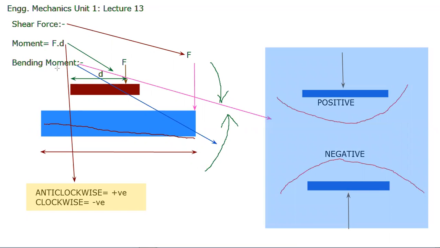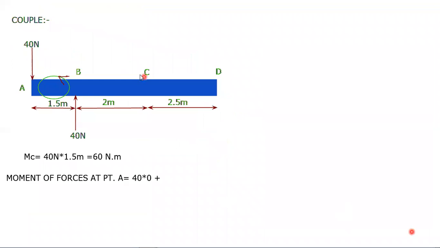For moment we follow the simple sign convention, that is anti-clockwise positive and clockwise negative. This sign convention we follow. Okay, now let's move towards our numerical again. The moment of forces at point A is equal to 40 multiplied